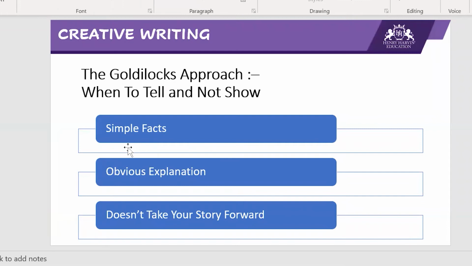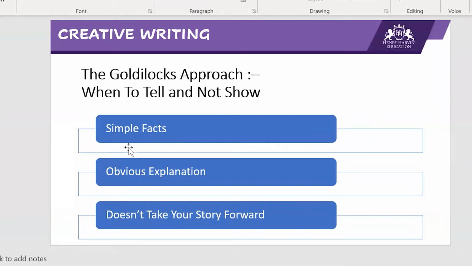A simple fact, like someone is sitting there, is something that you don't have to really show. Someone is sitting, someone is from Delhi. All of that is not something that you should do every time, because you need to understand that the simple, obvious facts in writing are not to be shown, they are basically to be told.